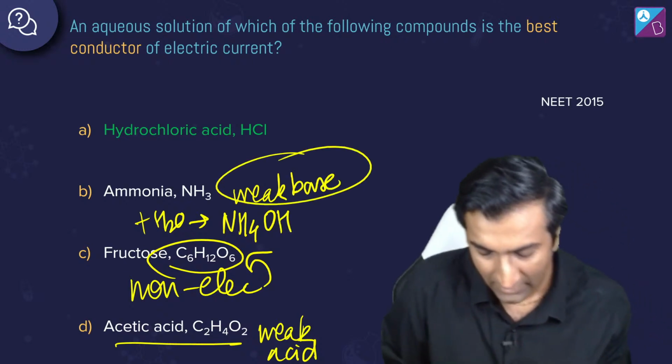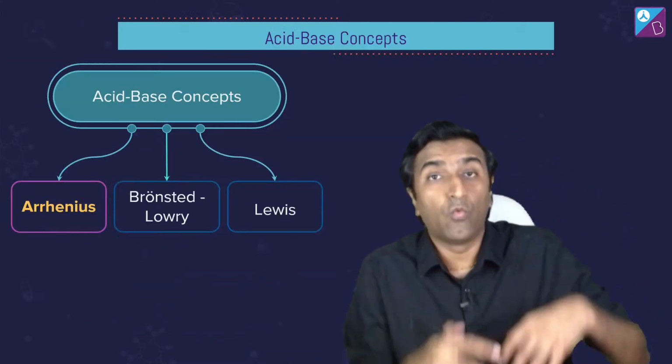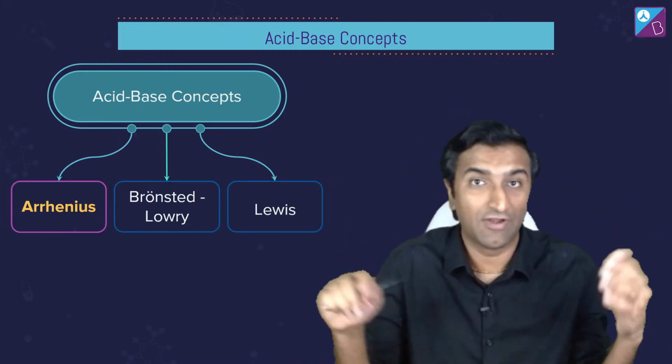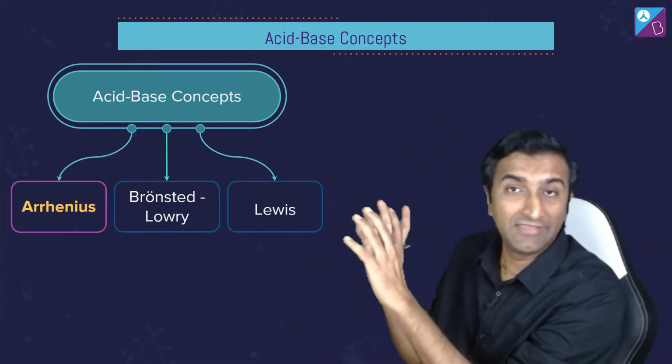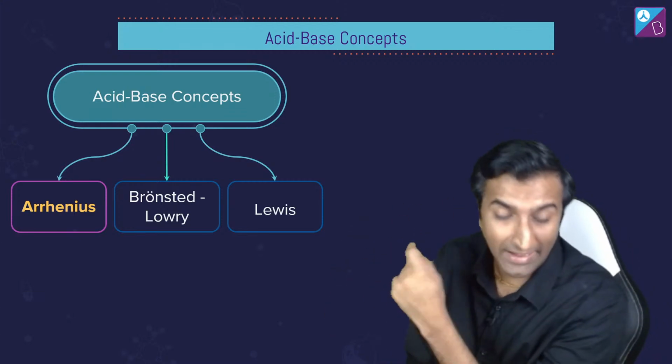Now, what is weak acid, weak base? We will touch upon that in the next session in detail. But what is an acid or a base? Let's first cover that, right? For our 9th grade friends and everybody else. Acid base की 3 theories हैं, right? The first one is by Arrhenius.